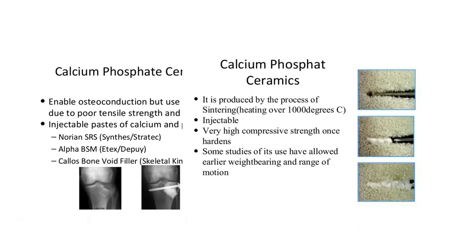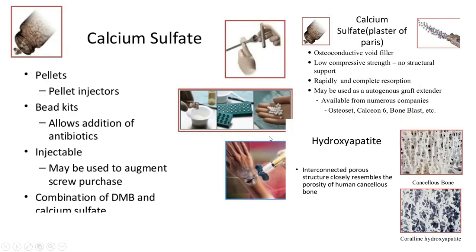So it is an advantage, but cost and the technical aspect are the drawbacks of this bone graft. Now one or two things about the tricalcium phosphate ceramic. It can be used for bone augmentation, and in an injectable manner, and the brand name is Norian SRS. Norian SRS is a special type of bone graft, and it is actually demineralized bone matrix along with some bone growth factor.